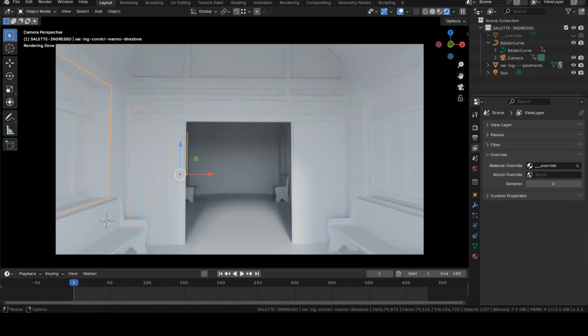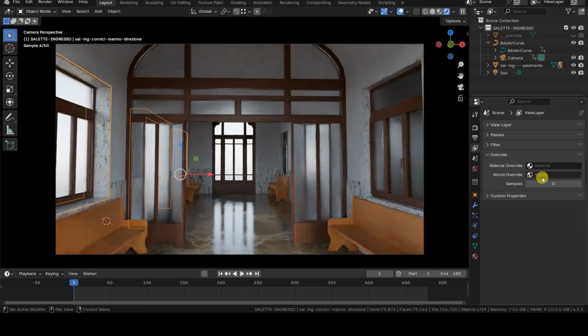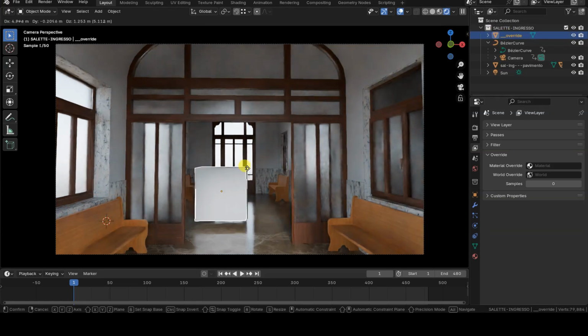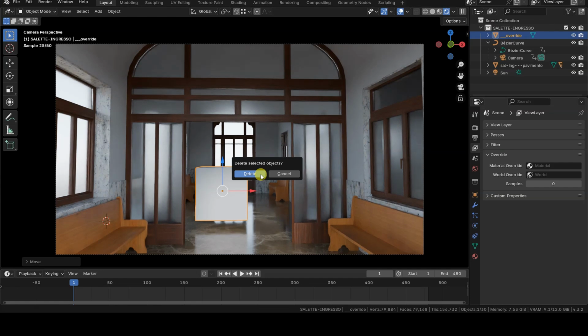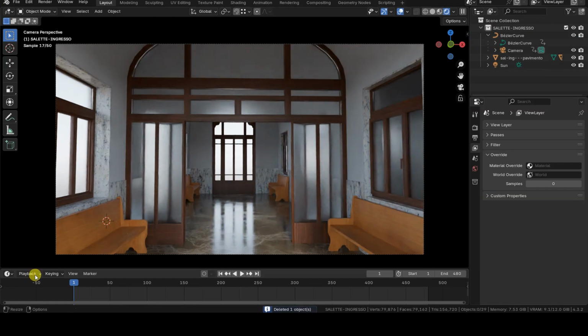I'll now remove the material override so we can move on to the second topic of this tutorial, removing all the materials and submaterials from all the objects in the scene. This operation can be useful if you want to redo or reassign the materials to the objects, in which case it might be easier to remove them and recreate them from scratch. The method we're about to use can also be applied to only a selection of objects in the scene, not necessarily to all of them.